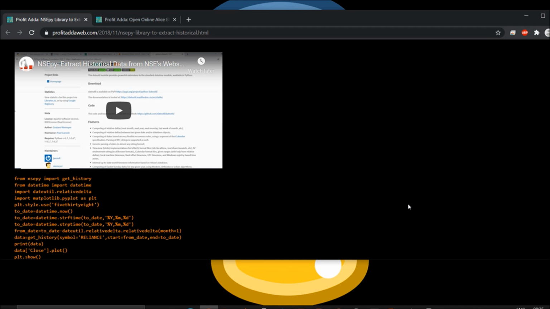Now, the NSE website has been updated, so some syntax has changed. As you know, this module serves well if you want to go through web scraping, and that is also good to go. If you want to go through some modules and documentation, this is one of the best, so you can try this. Previously I did a video and gave the code, so just copy it and try, it will definitely help.